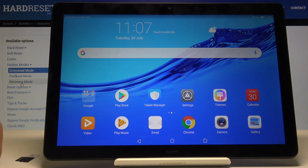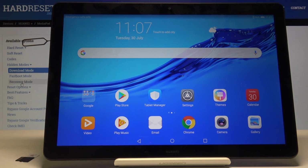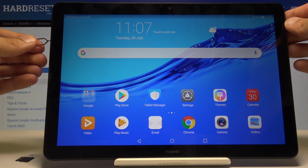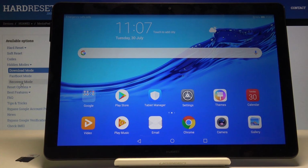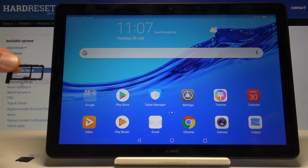So to basically insert it, on the left side you have a little tray. So take a SIM ejector like I have one right here and just push it in there, and you will see the tray pop out. And then you can just take it all the way out like so,